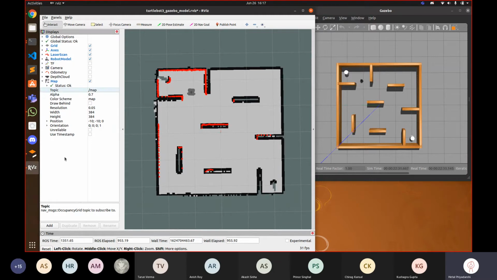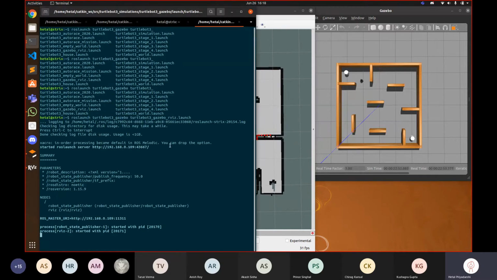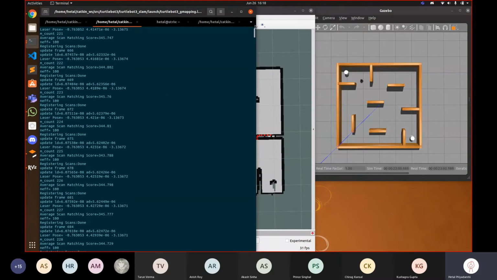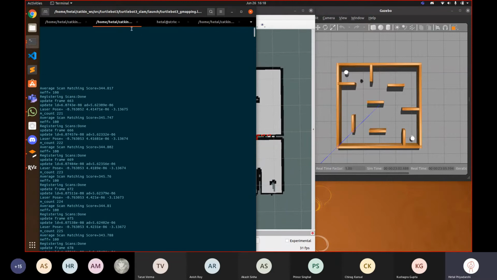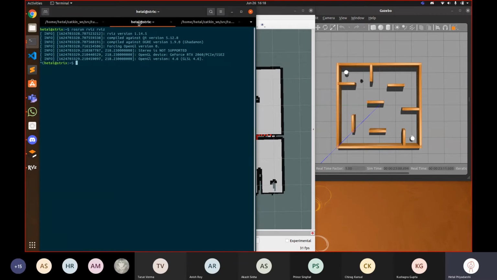Navigation you can show them later, because right now it's confusing for them and it doesn't make sense. The map is ready, so I think we can show. That is not how you do it, right? Close it and run Gazebo again. Also, I think an application crashed, not sure which one. Close everything, run it again. You have the map saved, right? Yeah, I have the map. Right now it won't make sense, because if you already know where you are, why are you using navigation? Close everything again, and close this Gazebo too.